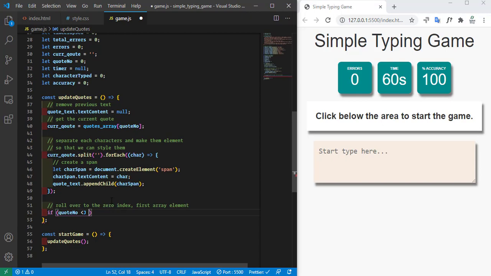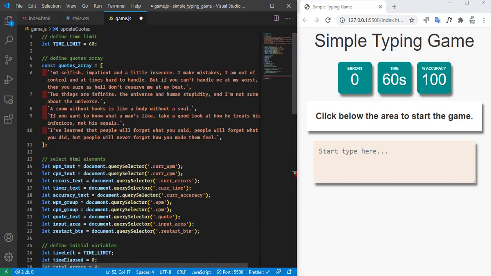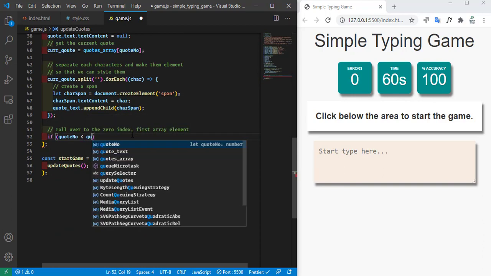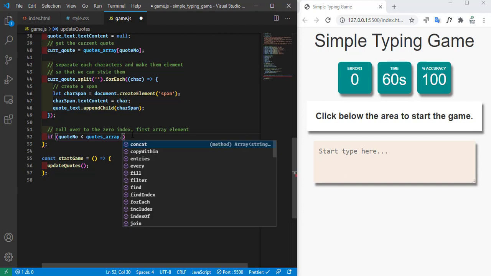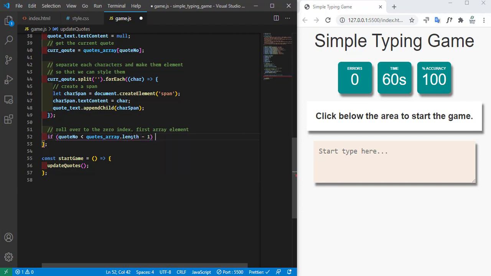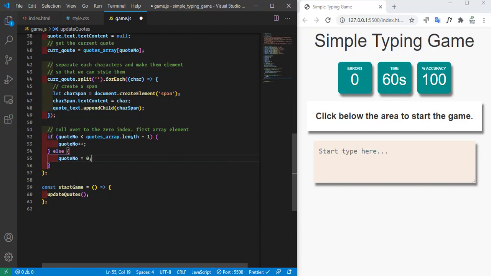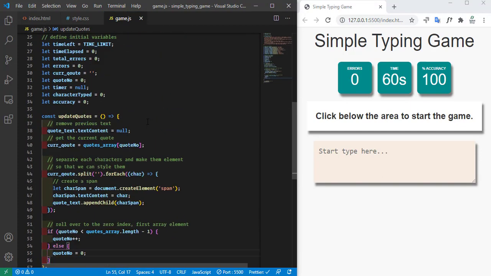Now if quote number is less than our, so you can see whenever the user types into this input element, if the user types all this text in this 1 minute time, then it will come back to the first string. So we need to use this condition right here. So if quote number is less than quote array dot length minus 1, then we will increase this quote number, else we will make this as 0. Okay,